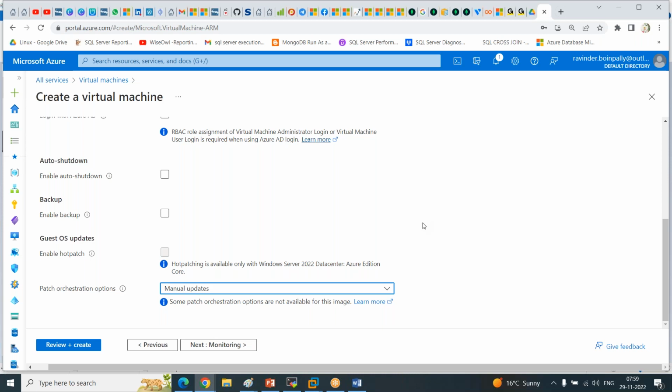In one of my last contracts, the patching in our Azure environment was configured to automatic patching, which presented a huge issue in a production environment,